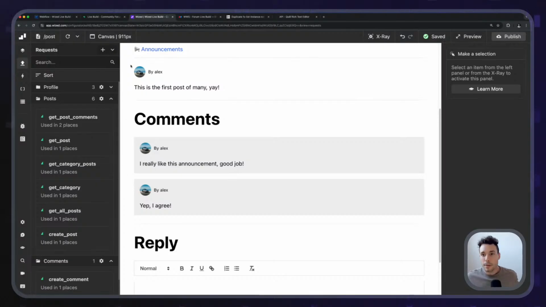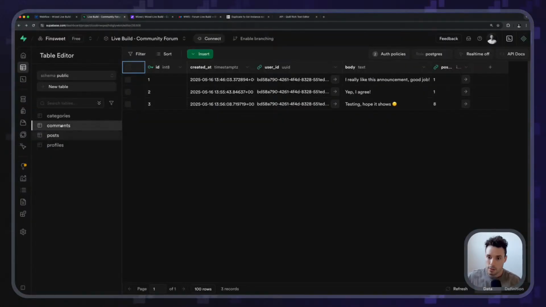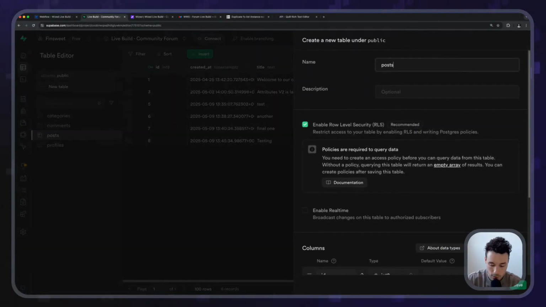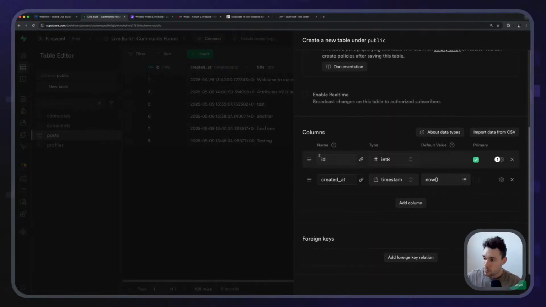All right, great. So let's quickly do this. Let's start with post likes. So I'm going to create a new table. That's going to be posts likes. Row level security, yes. We're going to have the ID, created at